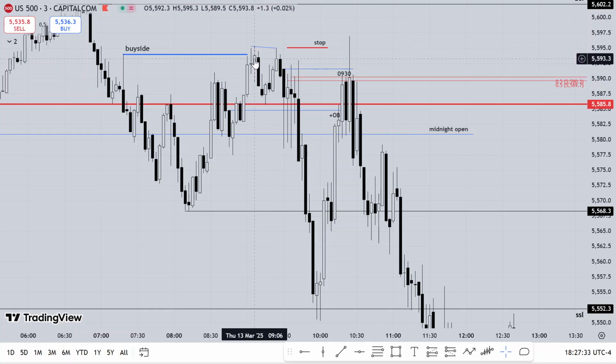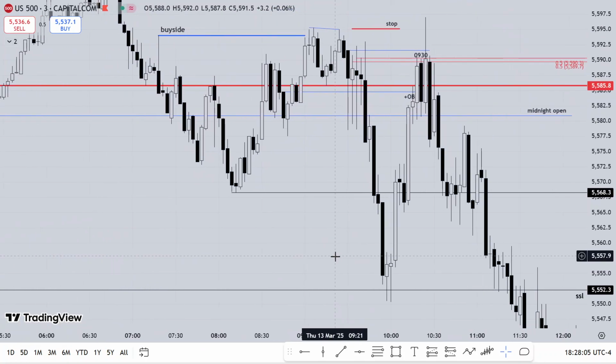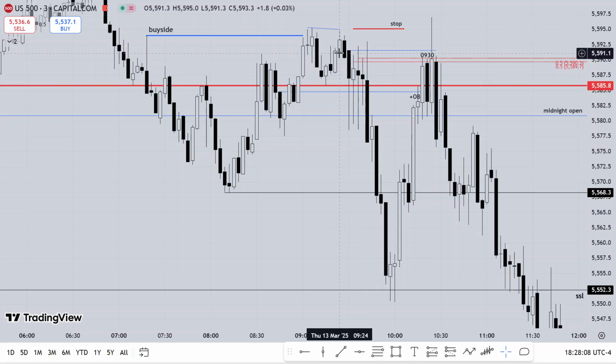Now, after this high was made, we went into a consolidation. Then we had this failure swing. Then price dropped lower. When this drop happened lower at 9:30 a.m., we had this energetic drop lower, signifying to us that price is in fact seeking this liquidity pool, these relative equal lows, and also these lows. So when price dropped lower, we had this other block. Yeah, this was our first confirmation for an entry criteria,